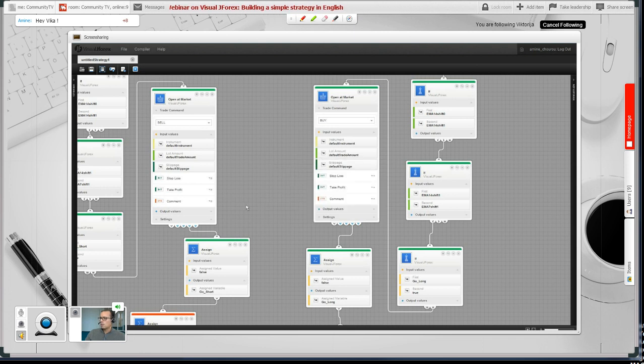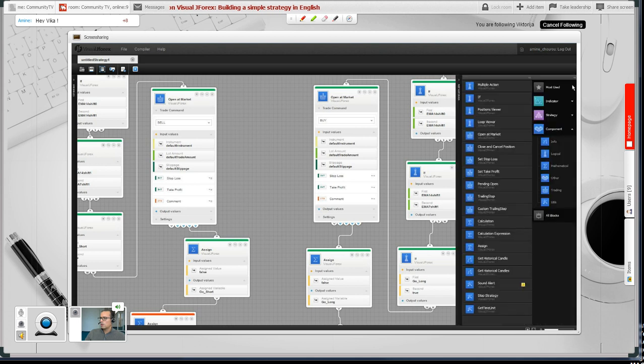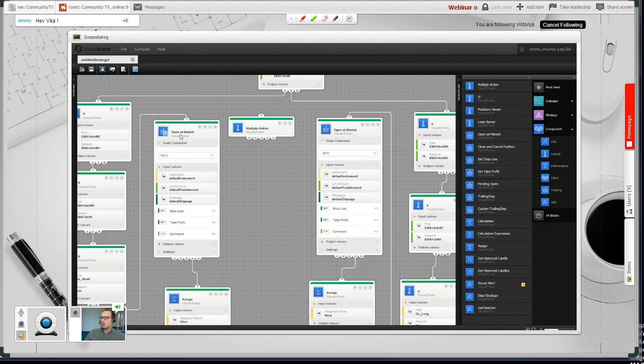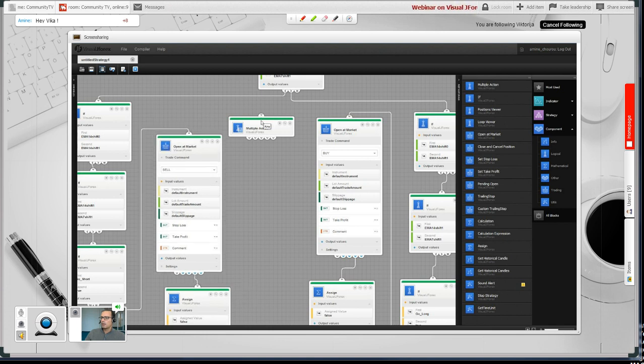Okay, I'm gonna use a block which is called multiple action. This block will distribute the flow by order. So it has one input in here, and it distributes the flow equally by order. So the first one will go in here, the second one, etc. So